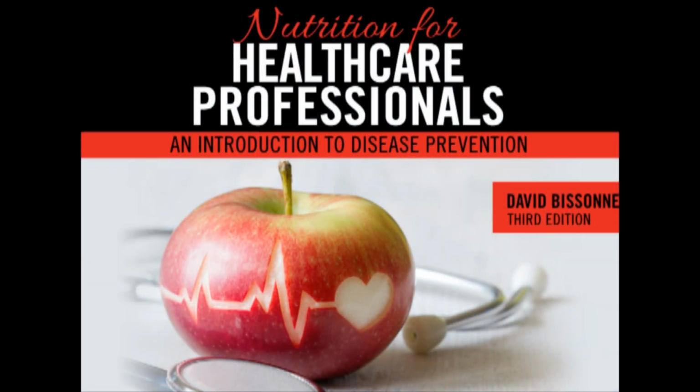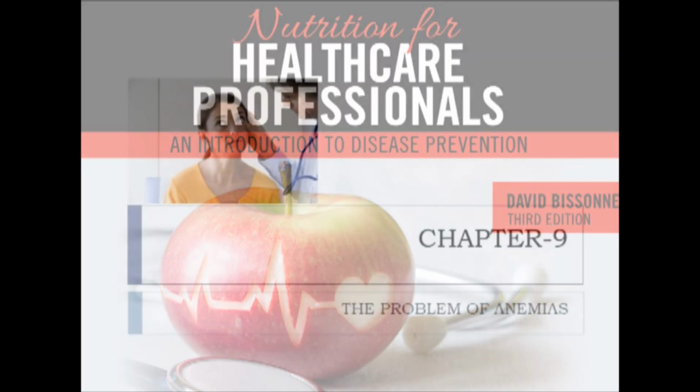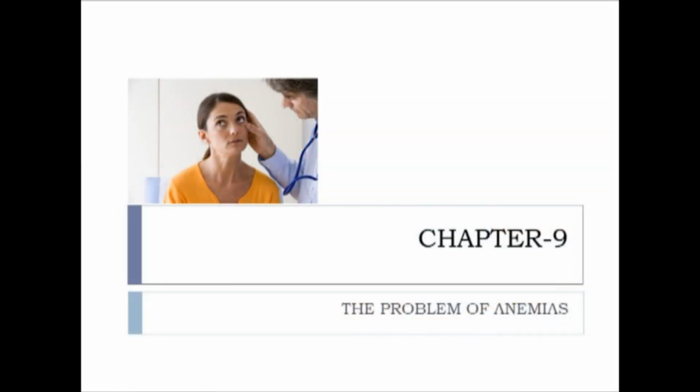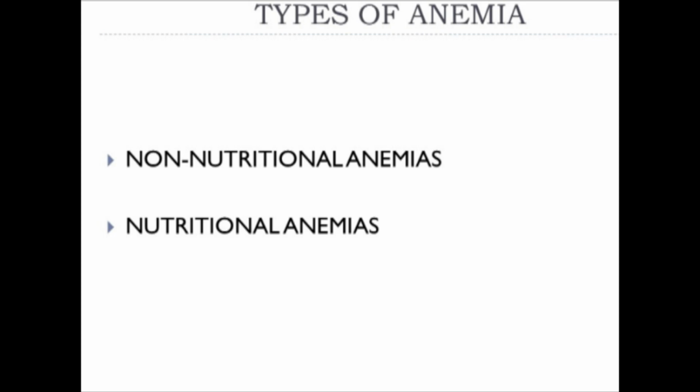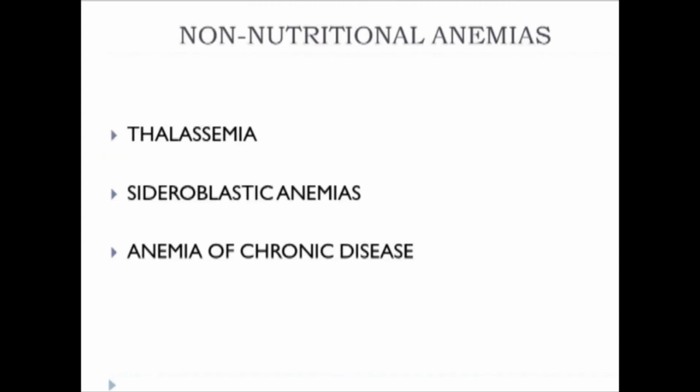This week, we're going to be dealing with the problem of anemia found in Chapter 9 in your textbook. Among hematological defects, anemia is possibly the most common disorder in medical practice. Anemias can be classified as either nutritional or non-nutritional, but in general they refer to a defective hemoglobin formation. Now, when we talk about non-nutritional anemias, we really refer to things like thalassemia, sideroblastic anemia, and also anemia of